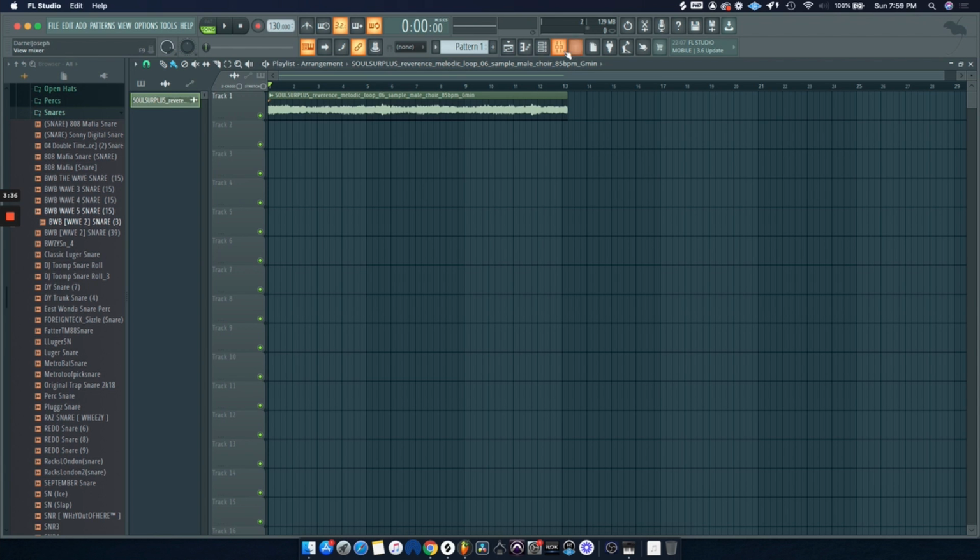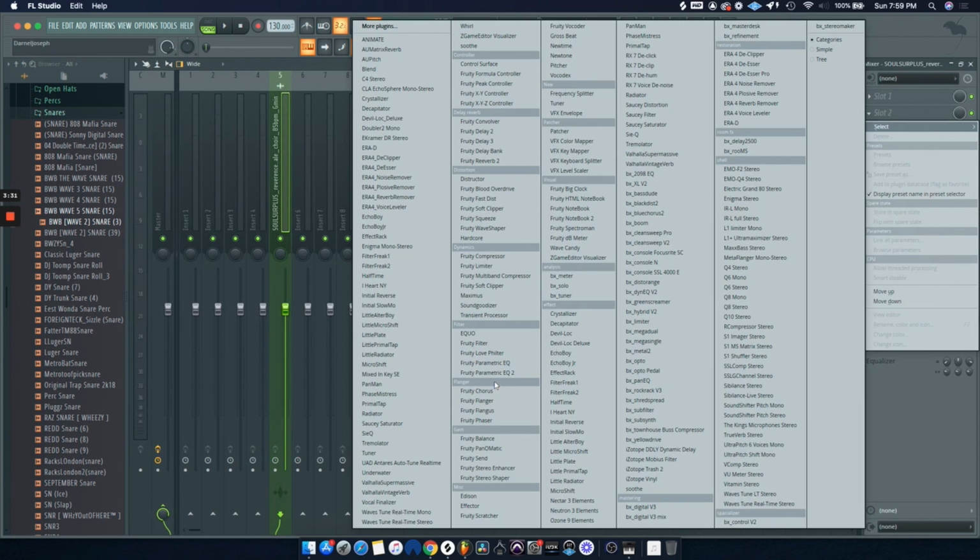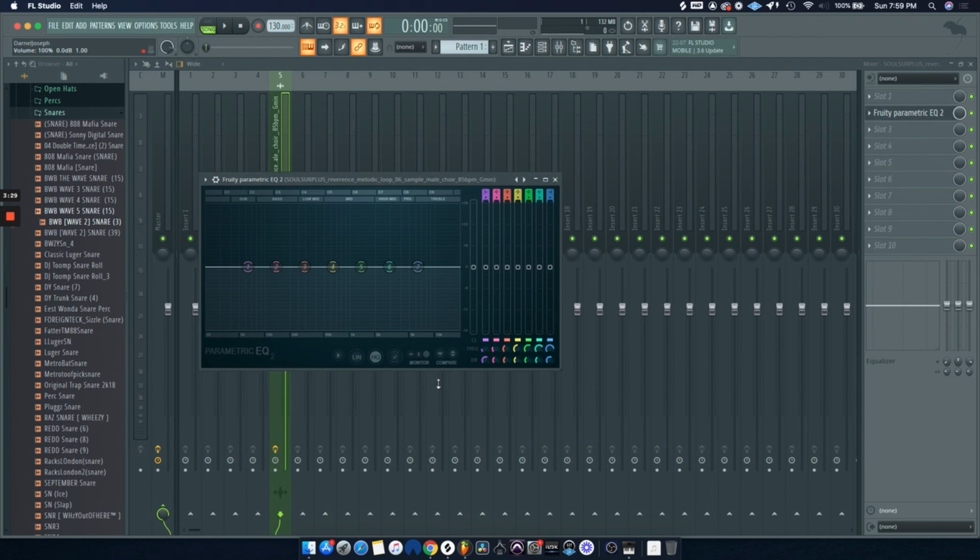So when you hear the sample, you hear a choir, you hear a lot of bass inside of it. Me personally, I don't like too many samples with bass sounds in it because I like to add my own bass in 808. So if you turn on the EQ for the sample, you're going to see a lot of